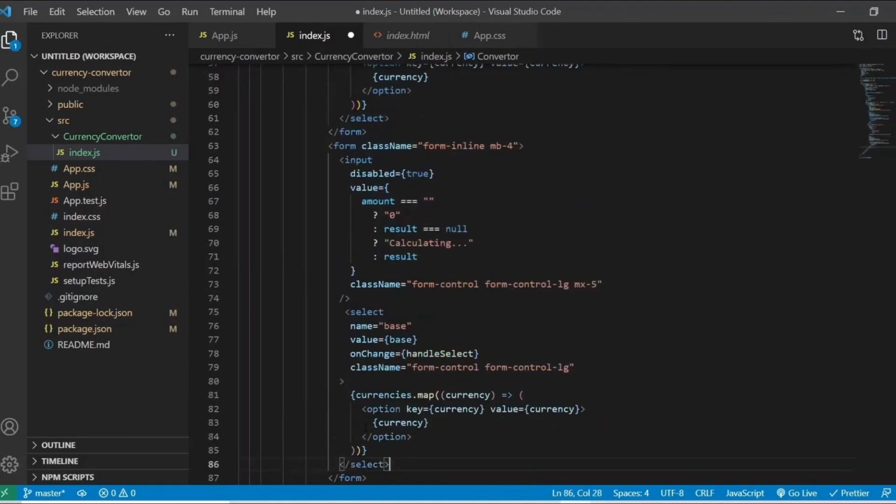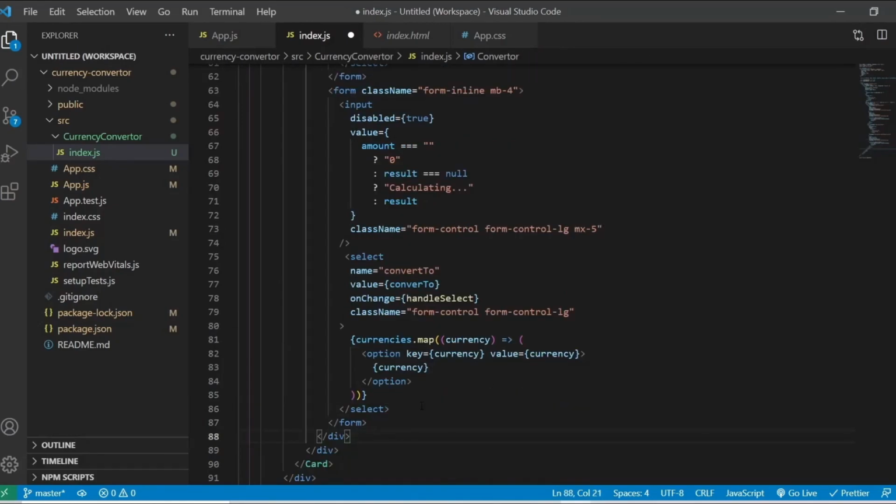It will stay as it is, and few changes only are required here, like name will be convertTo, value will be convertTo, and the rest of the things will stay as they are. So we have both.